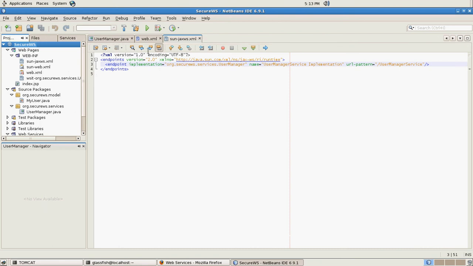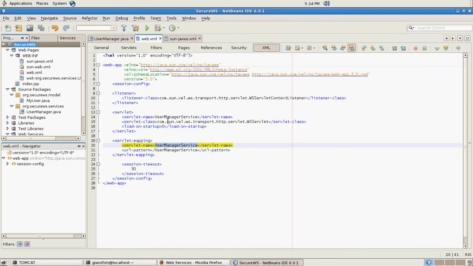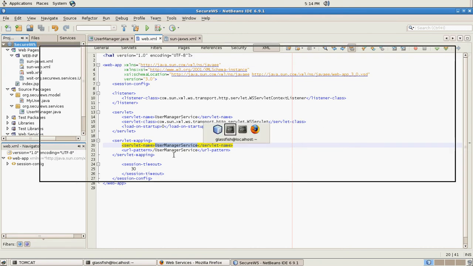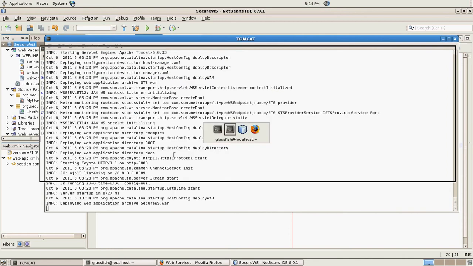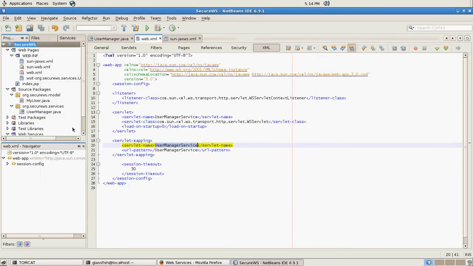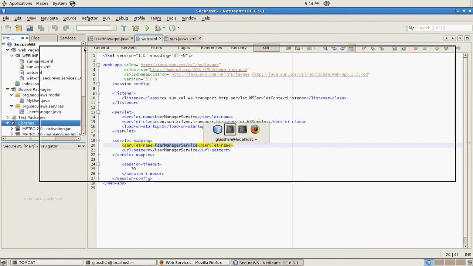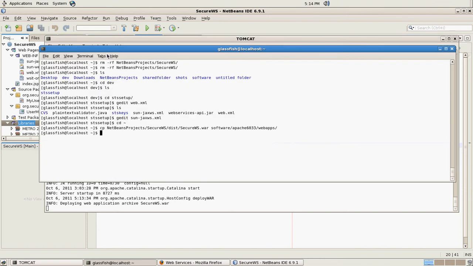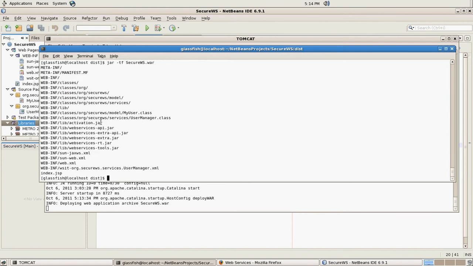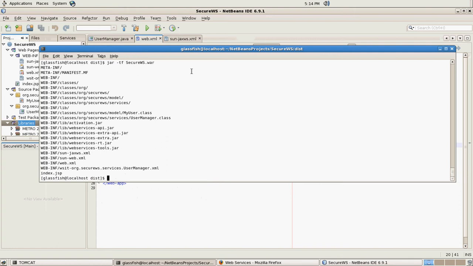Make sure we got our endpoint. Sun, JAX-WS, we got our web.xml, we got our listener, user manager. Let's see if we, make sure we got our libraries defined. Yep. Okay, another thing we can do is check our WAR file. Okay, everything seems to be there, so